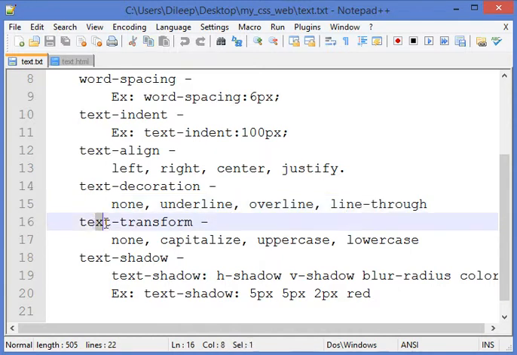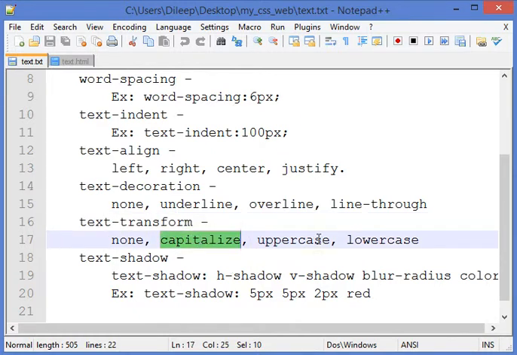Now the text transform property. Text transform is used to capitalize the text, or change all the text of a paragraph into uppercase or lowercase, right? So we can use the text transform property to make the text capitalized, uppercase or lowercase, right?